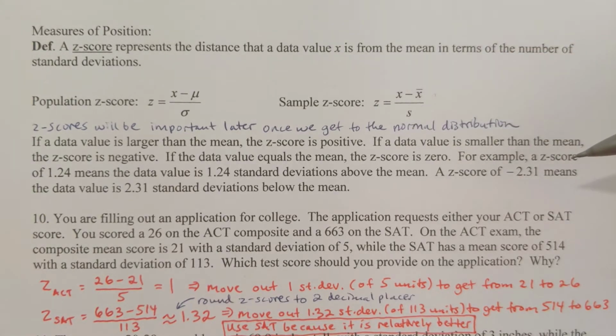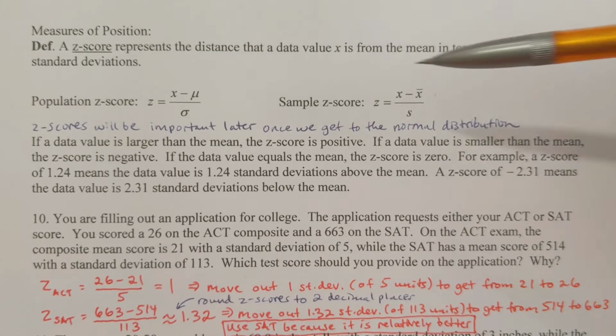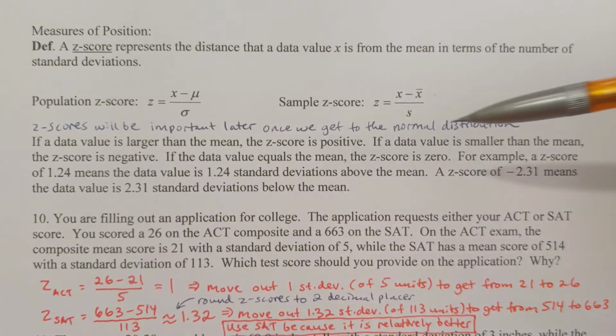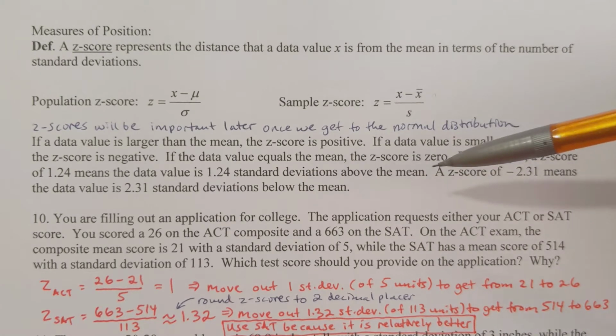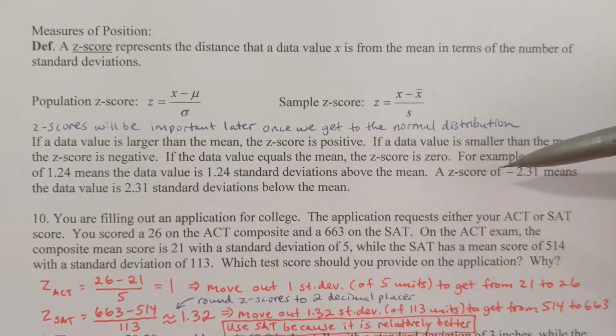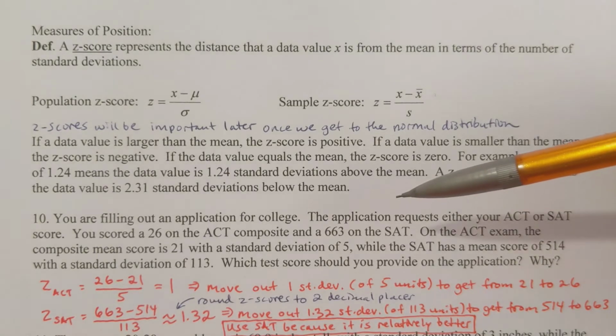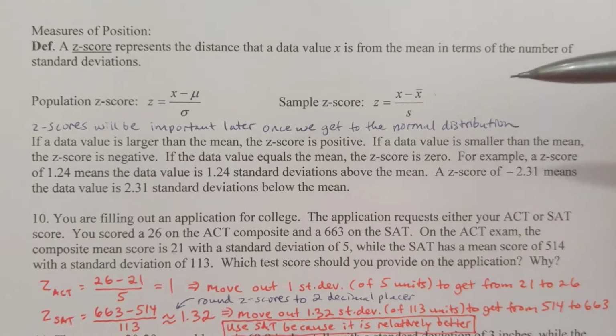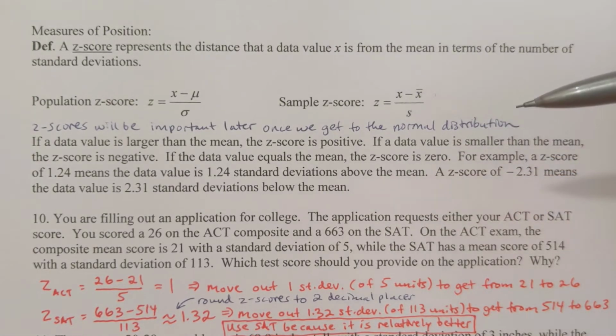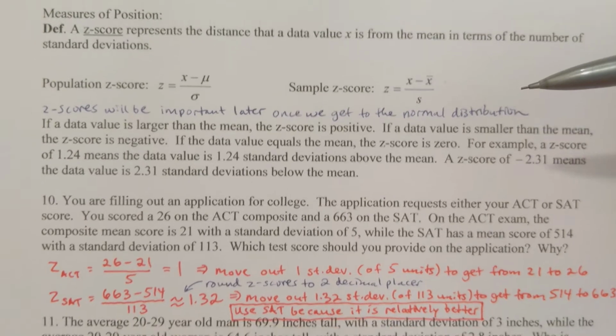For example, a z-score of 1.24 means that the data value is 1.24 standard deviations above the mean. A z-score of negative 2.31 means that the data value is 2.31 standard deviations below the mean. So you're above the mean or below the mean. Let's take a look at